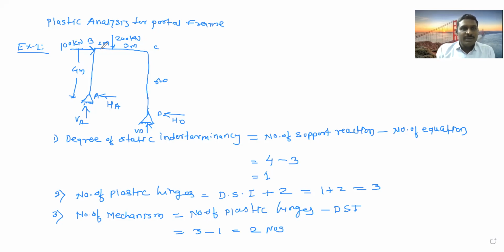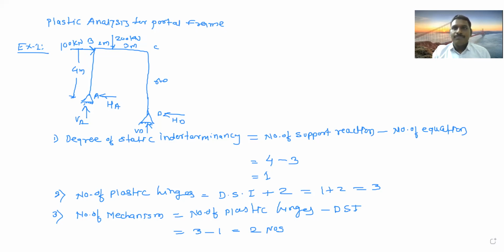Here BC is a beam, and ABCD is AB and CD, these are the 2 columns. So at least the beam mechanism and the column mechanism we have to solve here. So the number of mechanisms we have to solve is 2. In this way we can calculate the minimum number of mechanisms. Got it, everyone?